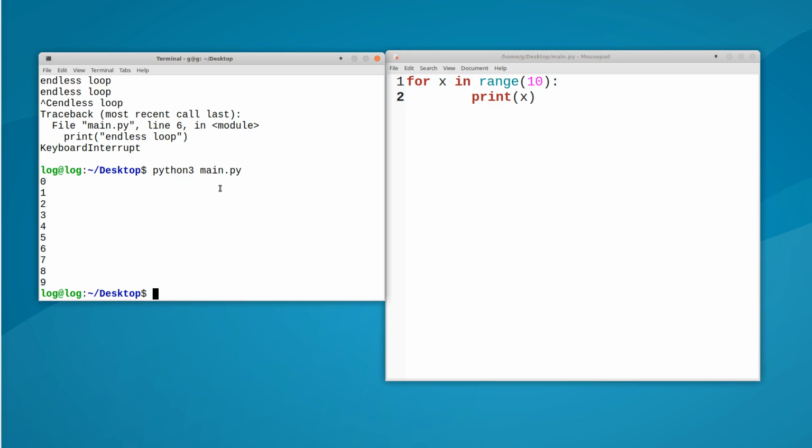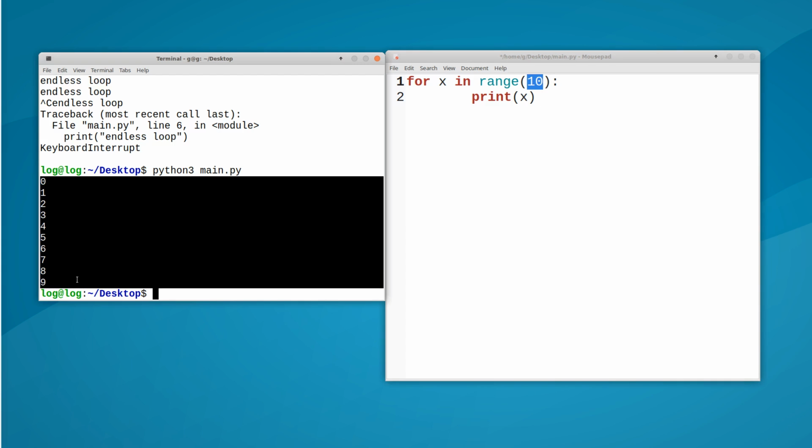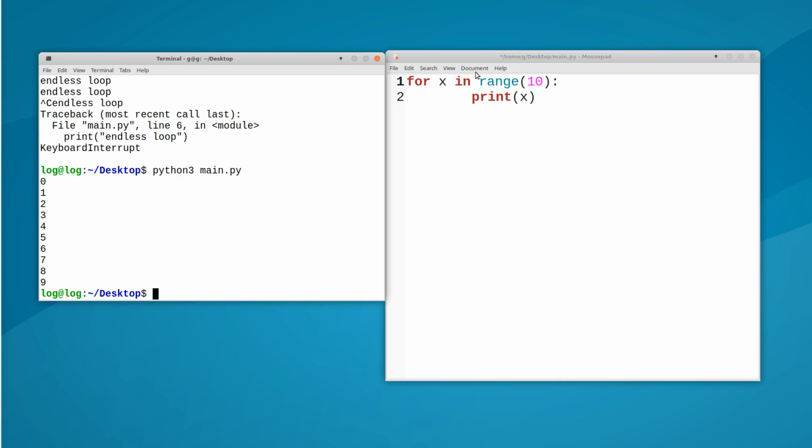Now, here's a couple of things that are really nice about this for loop. I didn't have to declare the x at the beginning. I didn't have to say x is equal to 0. It just knows that, hey, look, there's an x here. Second of all, what it does is it takes elements from some source, and then it feeds them into this x, and every time it loops, it takes the next thing from this range and puts it into the x. So right now I have a range 10. So what happens is it goes from 0 to 9, and it just takes the next one from this range